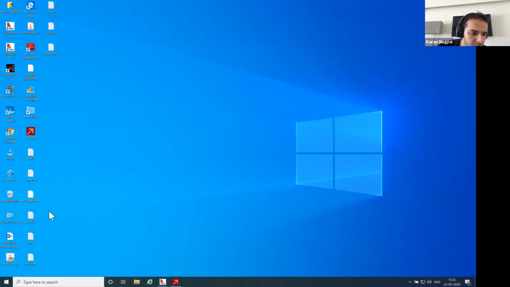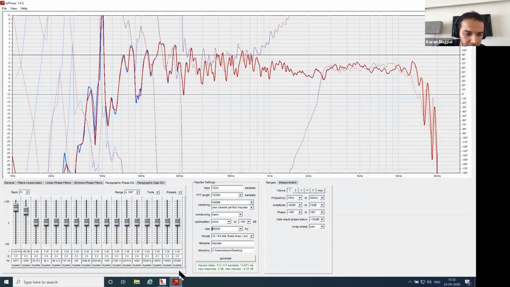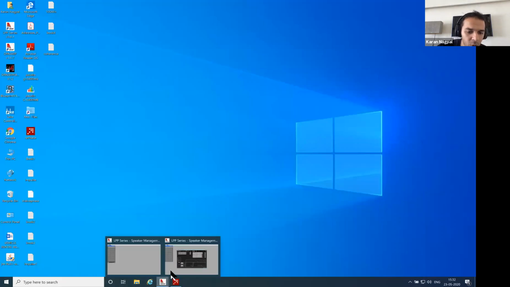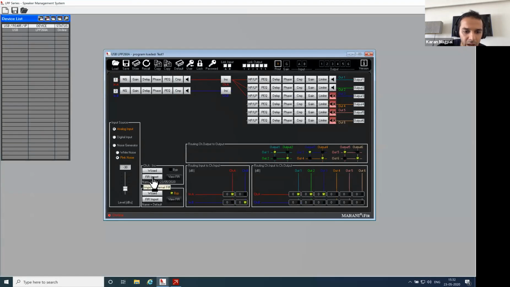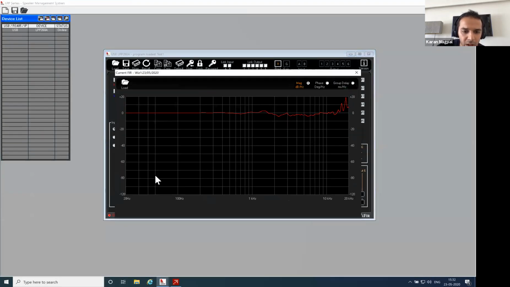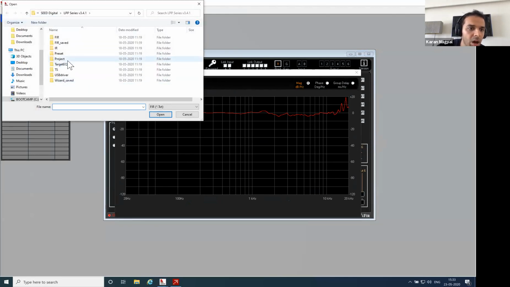and impulse response is the name I set for it, right? What is the name? Yeah, file name is impulse, and I could go back, and here you can see that FIR import is there. You can use an external FIR file. You can load it, and where's my desktop? Is here.